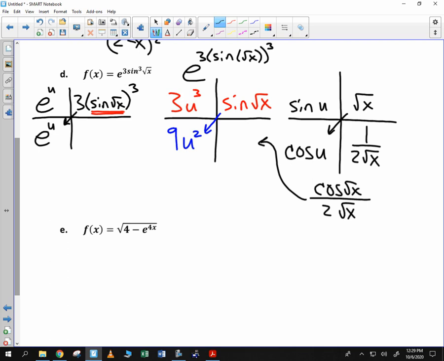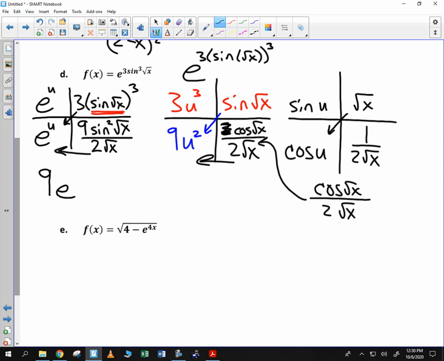That is what goes here. Cosine of the root of x over 2 roots of x. Now multiply those, and you get what's going to go here. 9 sine squared of the root of x over 2 roots of x. And now finally multiply these two together, and we get